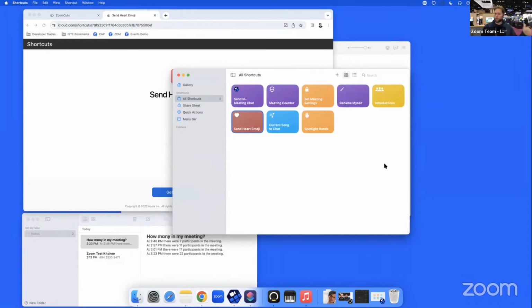One last thing I want to show before we maybe open it up for some questions is how to actually trigger shortcuts. There's a lot of ways that you can do it, and I didn't know about these in the beginning, and I think they're super powerful. So let's say I want to have a more ergonomic entry point to send the heart emoji. It's a trivial example, but I think you can imagine how this could be used in those situations.